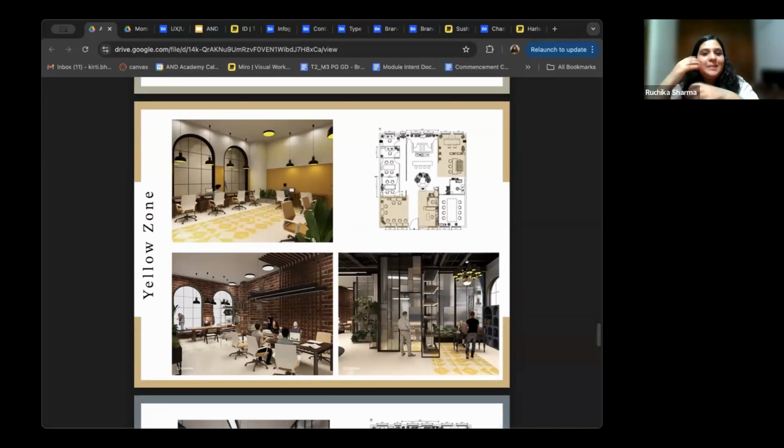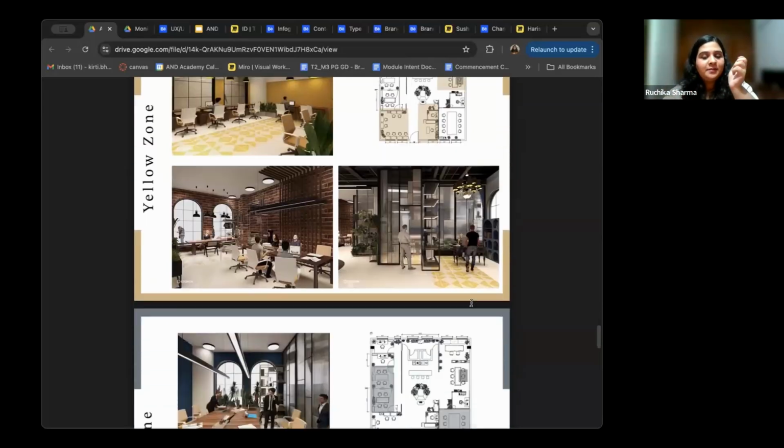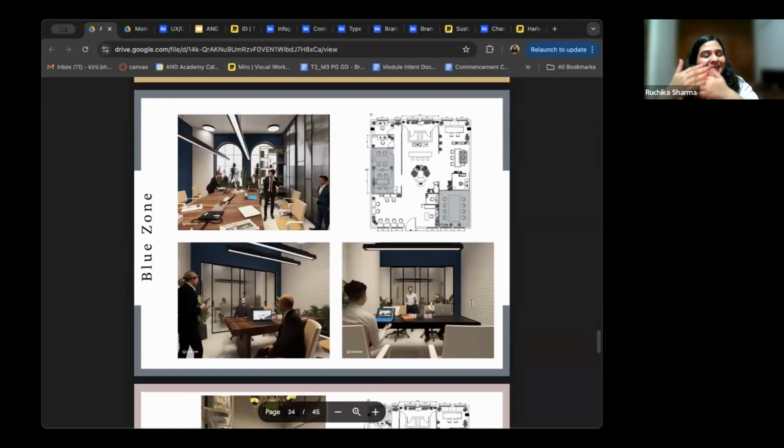There's a white, keeping in line with the sort of theme or the people that they are catering to. The chairs are also carrying a hint of yellow. Then there's a rawness to it because they're trying to exude a modernist luxury. So there's a brick wall, there's a lot of wood used, there's a lot of white used. And yeah, let's go lower. There's also an element of transparency with the glasses that they've used to make sure that the brand's ideas and ideals of delivering what they've promised come across very, very clearly.